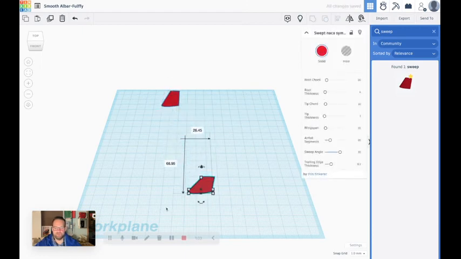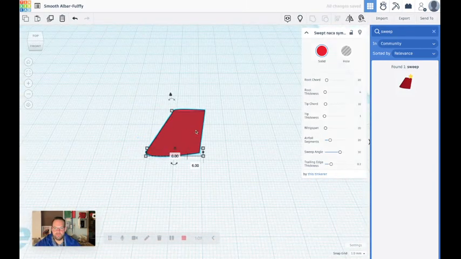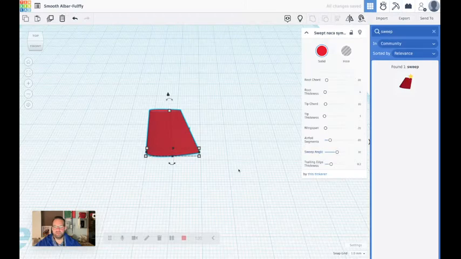We're going to bring this in. Let's zoom in on this. Okay, and this is going to be changed. We're going to change the shape of this using the sweep angle. Now, the sweep angle is in the menu that pops up when you select this. You may or may not see this if you're working on your Chromebook. You may have to scroll the menu down, and if for some reason you can't get to it, just leave it to the sweep angle that it is. You don't have to change it, but preferably we're going to change the sweep angle to 10, and then we're going to rotate this